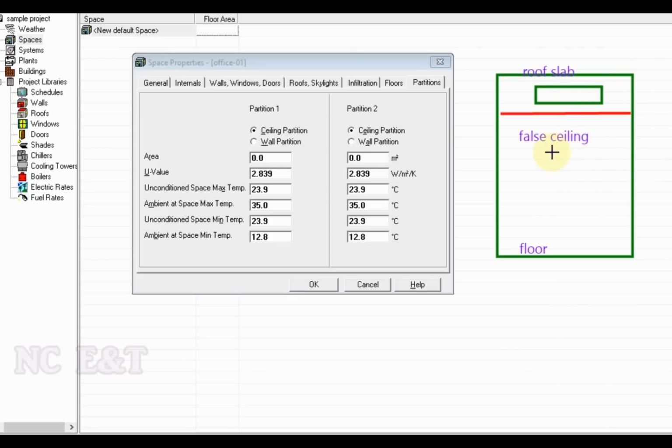So we know the area below the false ceiling we will make air conditioned space, but the area between the false ceiling and the slab, it is unconditioned space. So in this condition we will consider this false ceiling as the ceiling partition. In our study we are not taking the false ceiling case. We have the simple room without false ceiling, so we will not consider it and we will put it as 0 and we will proceed.